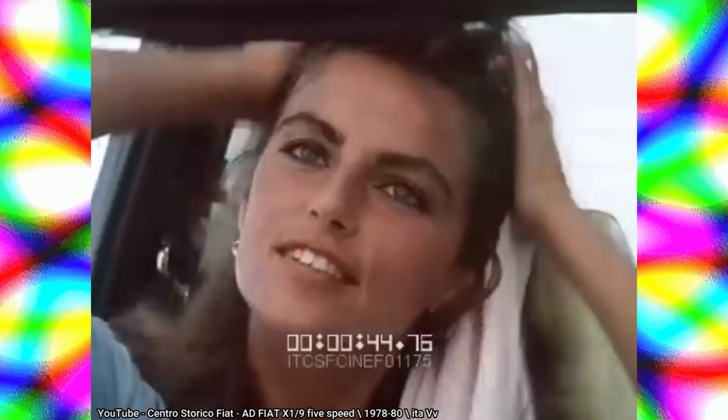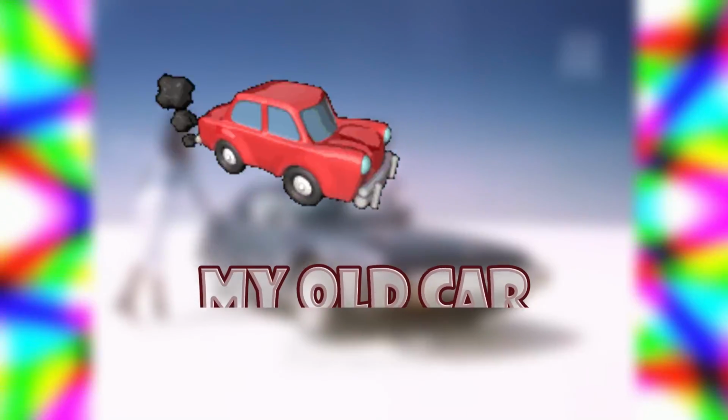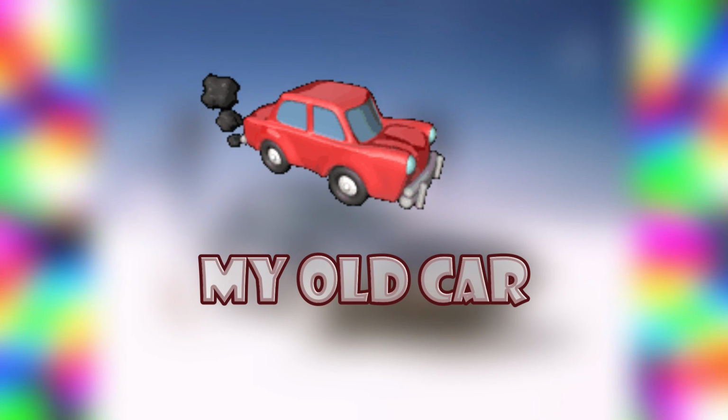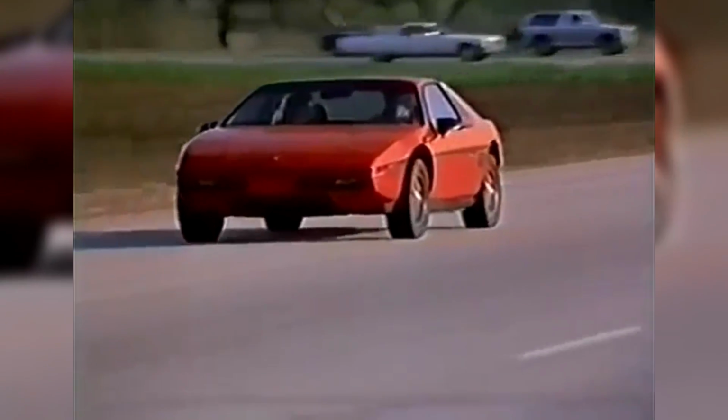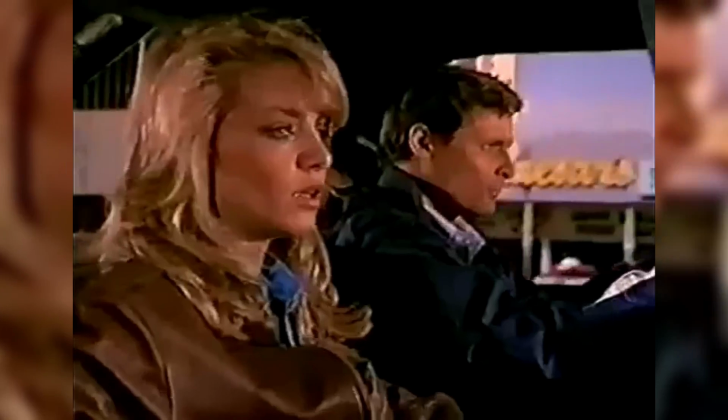Riempitelo a due con la Fiat X1, lo Spider dal motore centrale. Fiat X1 5-speed. If you were a car-loving kid in the 80s like I was, you knew one of the